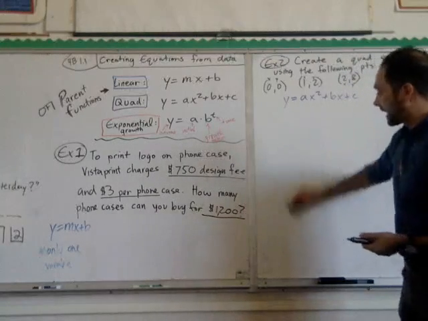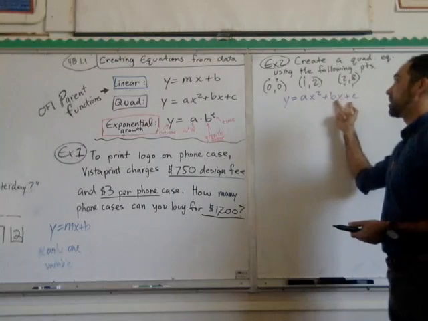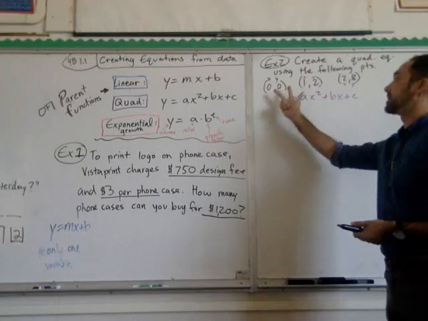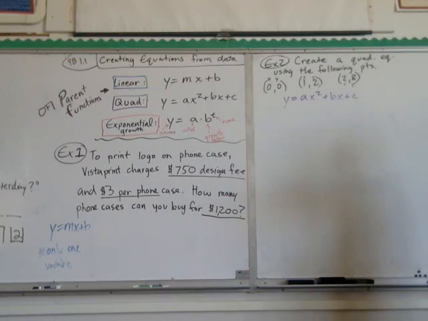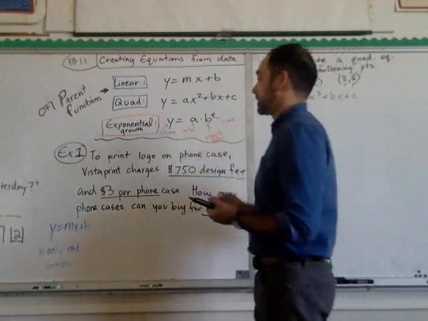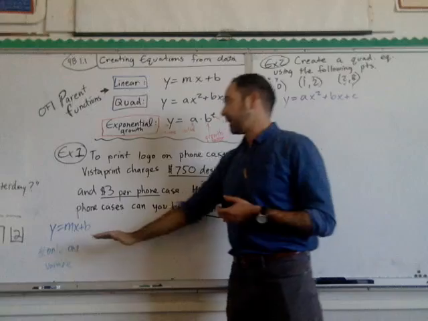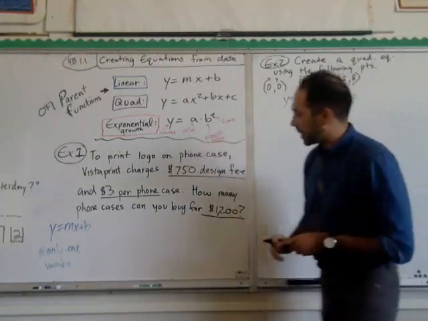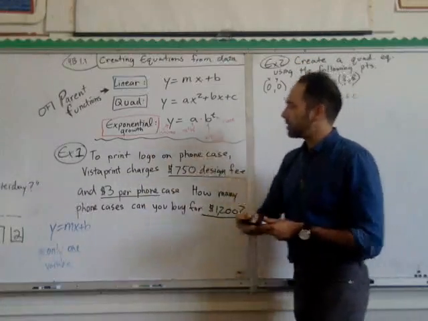All right, so let's look at first off. Example 2, we know we're going to use a quadratic because we have 3 points, 1, 2, 3 points. So we know that we can make a quadratic, we can make a parabola. Okay. Over here, though, this one is very straightforward. This one we're going to be using the linear equation. And I want you to think about what might go into each of these places. Let's read it. To print a logo